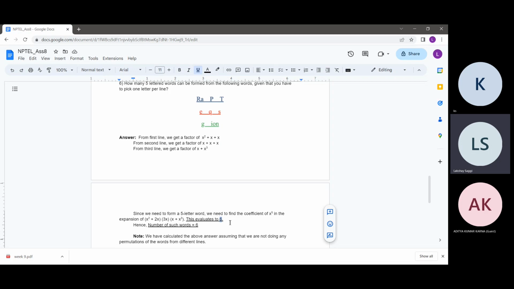But for now in the question, we are just assuming that we are picking one word from each of these lines, and forming the word in this order only. We'll first put the word from the first line, then from the second line, then from the third line. I hope I'm making a little bit of sense, guys. We are not considering any permutations amongst these lines. So if I pick P, E, and ION, I'll only be considering the word P, E, ION. I'll not be considering words of the type E, ION, and P. This can get a bit confusing, but it was just an assumption which was not too clear in the question, but